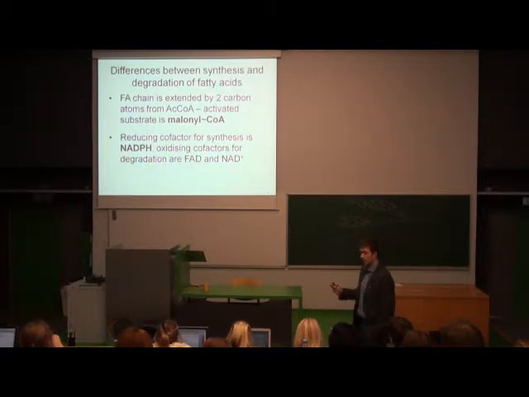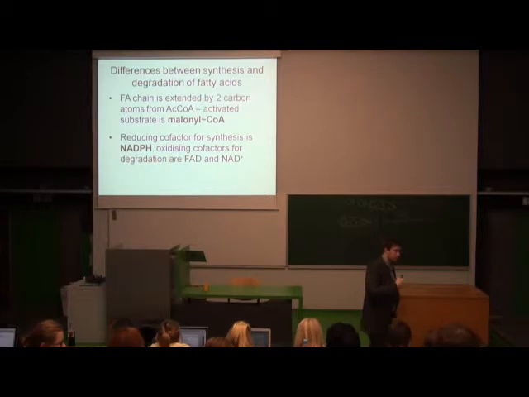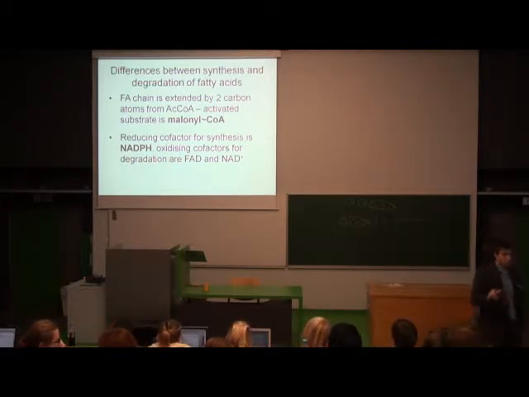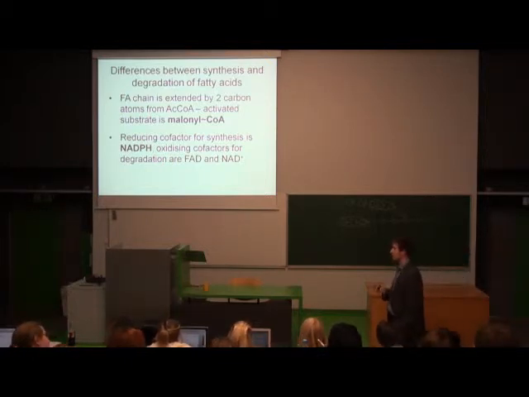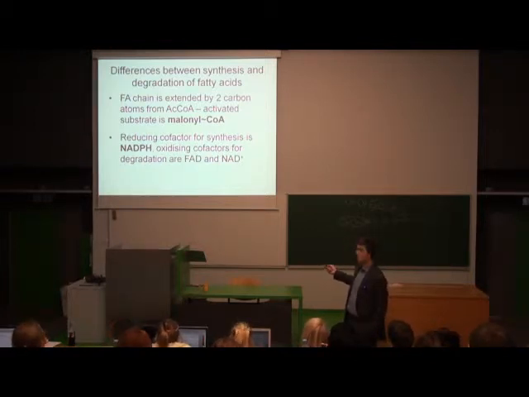What was the end product of beta oxidation? Acetyl coenzyme A. Yes? Therefore, the substrate for synthesis of fatty acids should be acetyl coenzyme A. That's true, but it's not enough. Yes? For in acetyl coenzyme A, there is not enough energy. And therefore, the pure substrate is this, a malonyl coenzyme A.